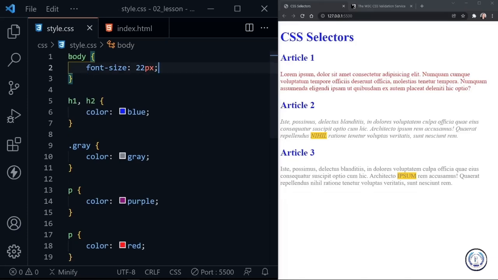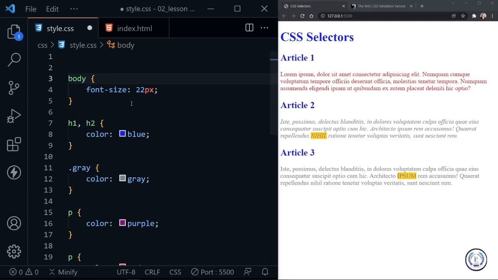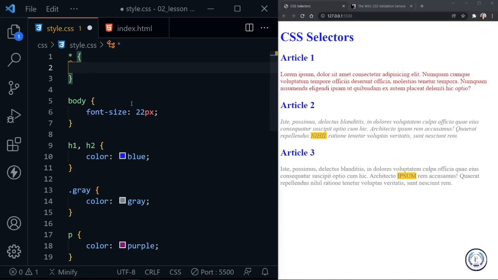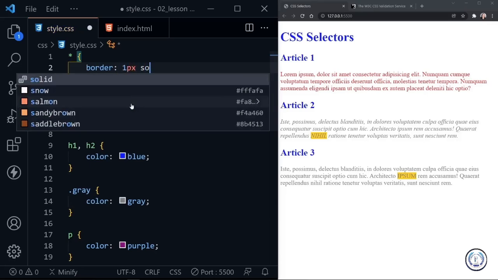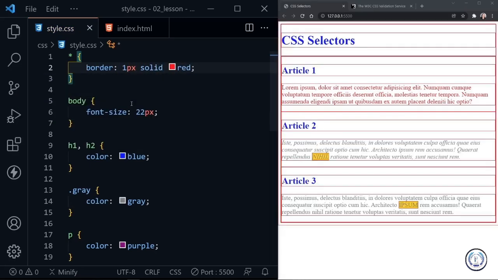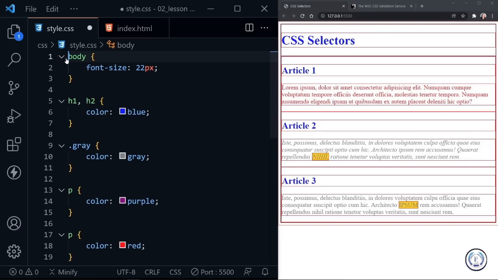Now we did briefly talk about that universal selector. Let me go back to that and show you that this is not inheritance. This is actually selecting all elements. So here, if I said a border, and I'll put 1 pixel solid red and save, notice it does apply to all elements. That's because we selected all the elements here. So setting something here with the universal selector is not going to cause inheritance really, because it's actually selecting all the elements itself. Okay, I'll remove the universal selector again, but getting back to just the inheritance overall,